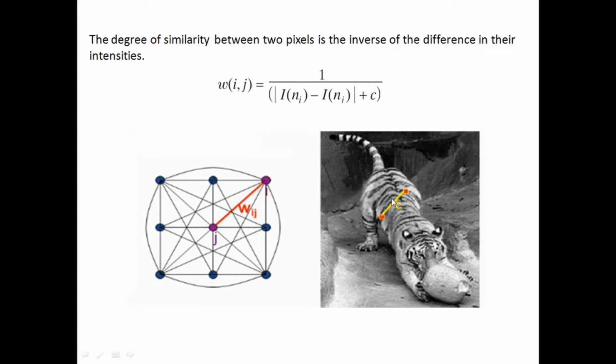If I give this input image to the graph cut algorithm, it will segment the object, the tiger, with one label and the background with another label, right? So there is a pixel in this image located on the body of the tiger here. This is my first pixel